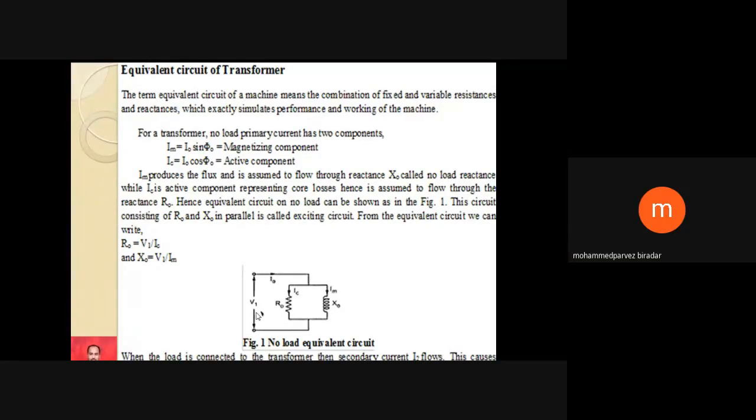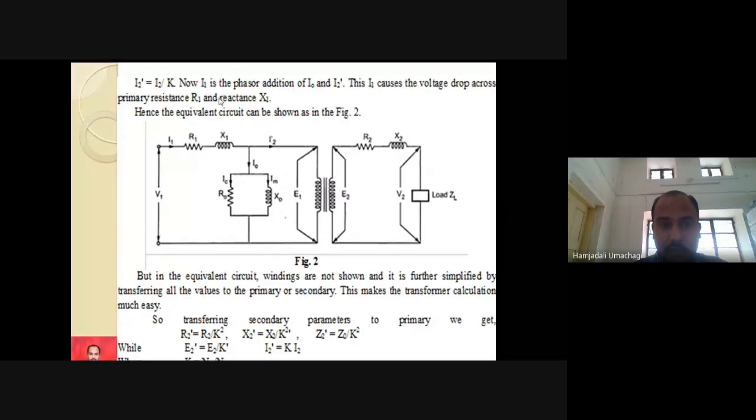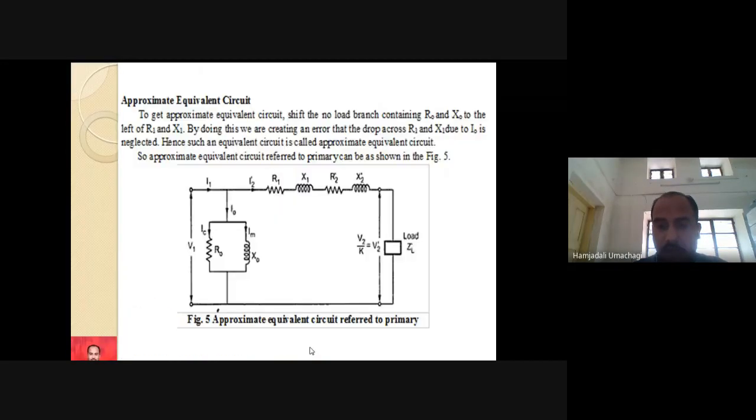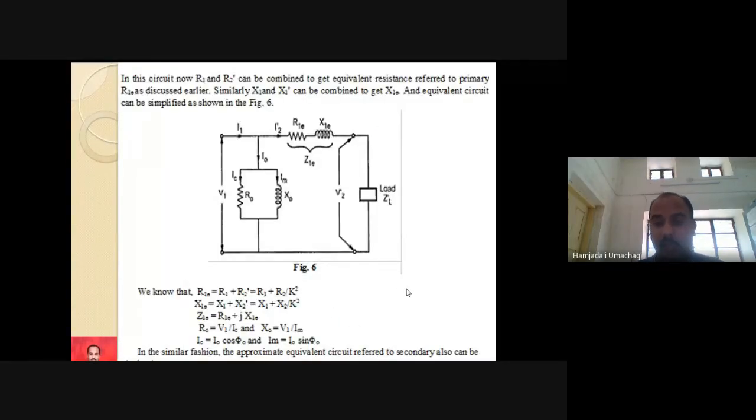Yes, sir. So today you need to go through all these concepts. First you write the circuit definition, then the values, then you draw the no load equivalent circuit diagram, then this basic equivalent circuit diagram, with the corresponding equations after transferring. Then the exact equivalent circuit diagram referred to primary and referred to secondary, and the corresponding equations. And finally, the approximate equivalent circuit. Till here you are supposed to write if the question is asked in the final exam. Is it clear, all of you?